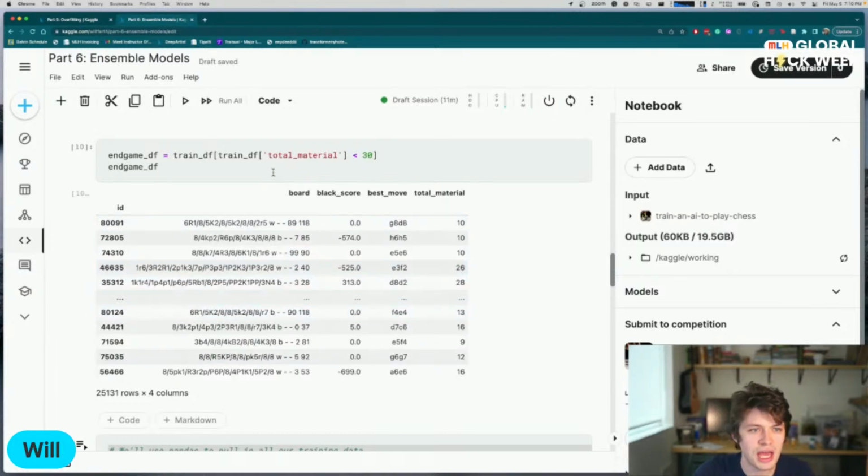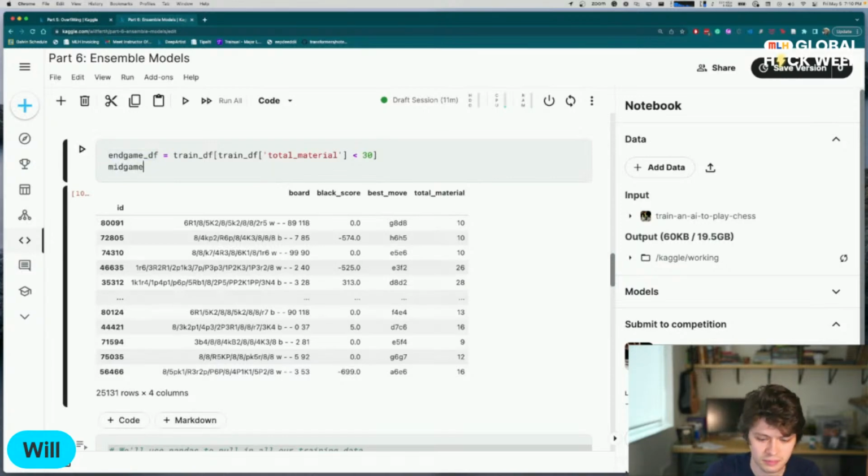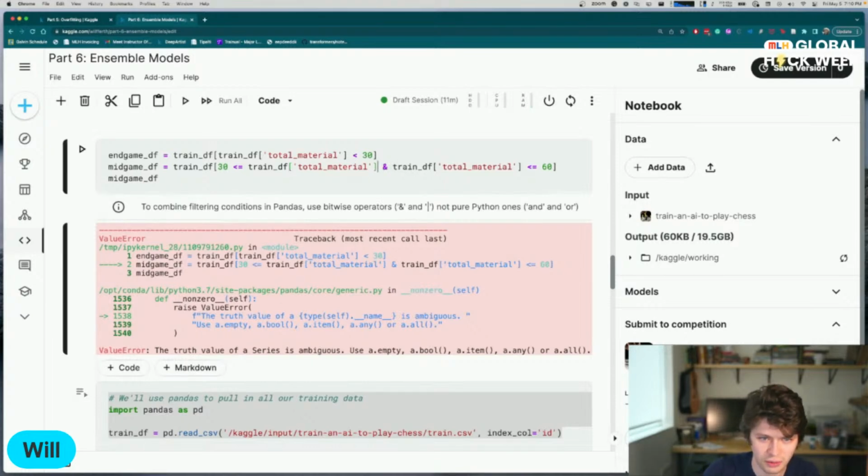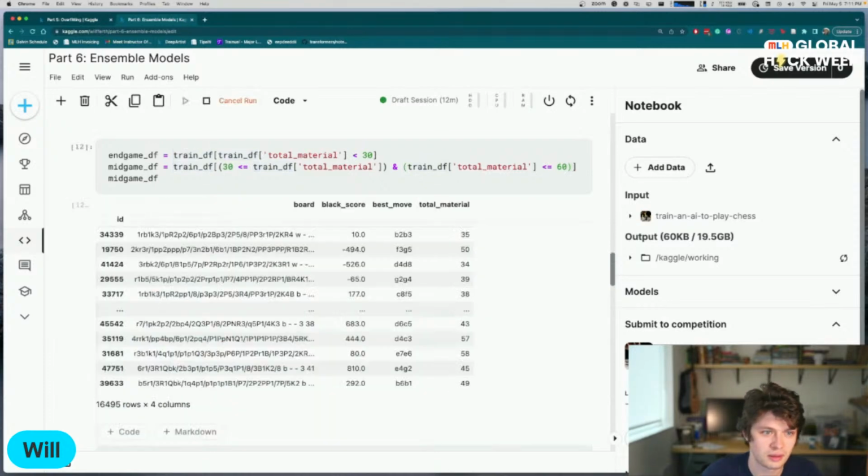So now we could create a mid-game, which would be where the points of material are between 30 and, I think we said, 60. And in order to make this happen, we could say greater than or equal to 30. And then I believe this is where we whip out our AND operator, and we say that total material is less than or equal to 60. And let's make sure our mid-game DF looks reasonable there. Oh no, it's not an AND here. You need to throw in some parentheses to make these set expressions. There we go. Okay, so you can see now all of our points of material are between 30 and 60